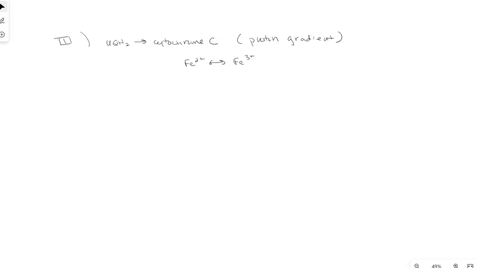So let's get into a little bit of detail. Now, what's neat about the Q cycle, even though I'm not going to fully illustrate it, is that it's an unbalanced proton pump, meaning that we're able to actually move more protons across the membrane because of the source of protons coming from ubiquinone than we're bringing from the opposite side via this particular complex 3, that is. So there's 2 different halves to the Q cycle. In the first half,